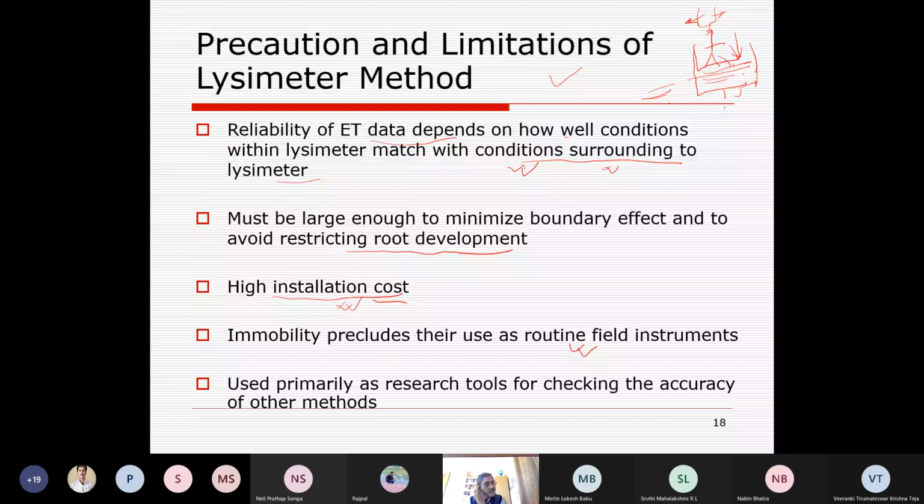So this is the precaution, or we can say limitation. The second method of measuring evapotranspiration is by using field experimental plots. We can have a smaller area as